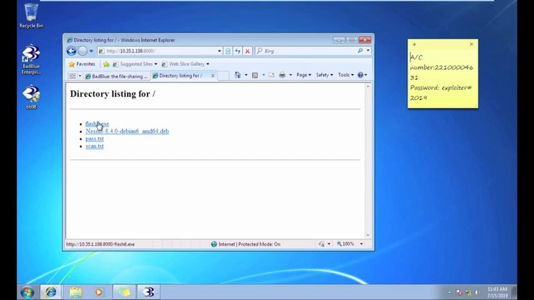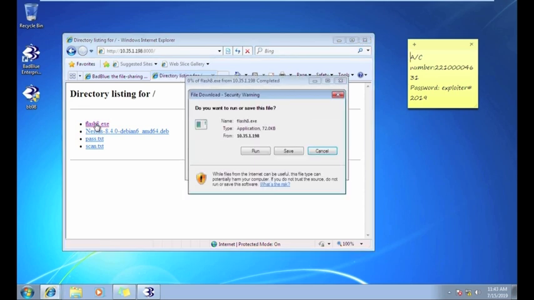Now, see, this is the executable which we already created. Now, I am executing this file in the target machine.